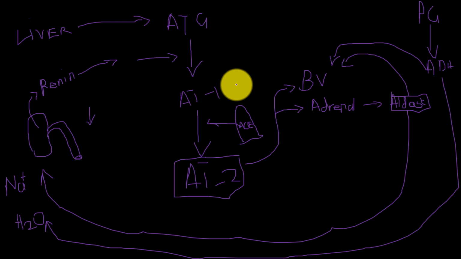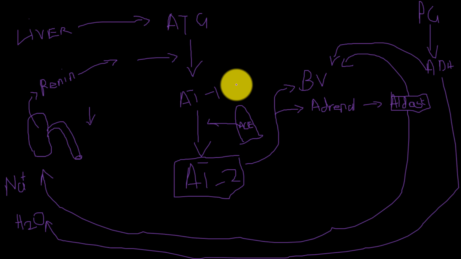So I really hope this makes sense, because now these same mechanisms that are compensating for the drop in blood pressure, for the underperfusion of the kidneys, are going to be harming this individual. If you're retaining more water, there's an increase in stroke volume, an increase in end-diastolic volume, and an increase in the strain on the heart. If there's constriction of the blood vessels, constriction of the arteries, there's an increase in total peripheral resistance, and more work on the